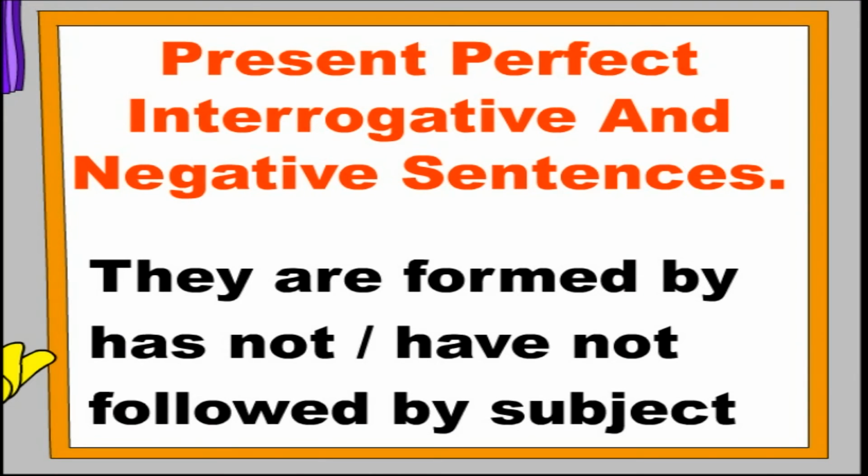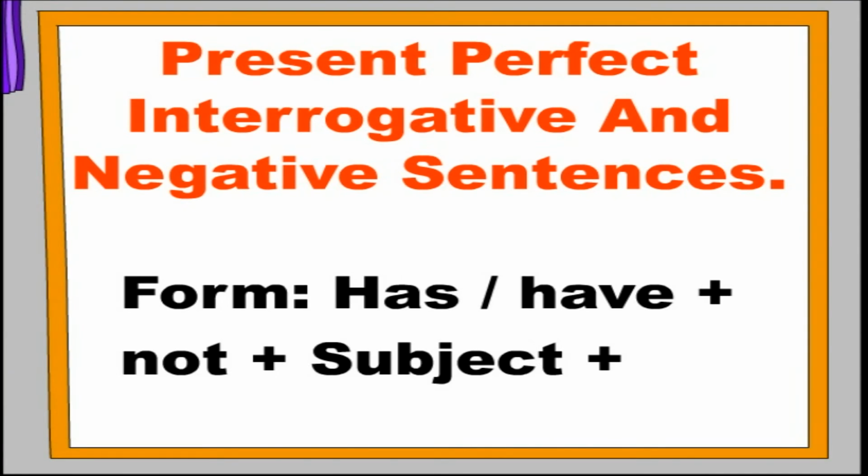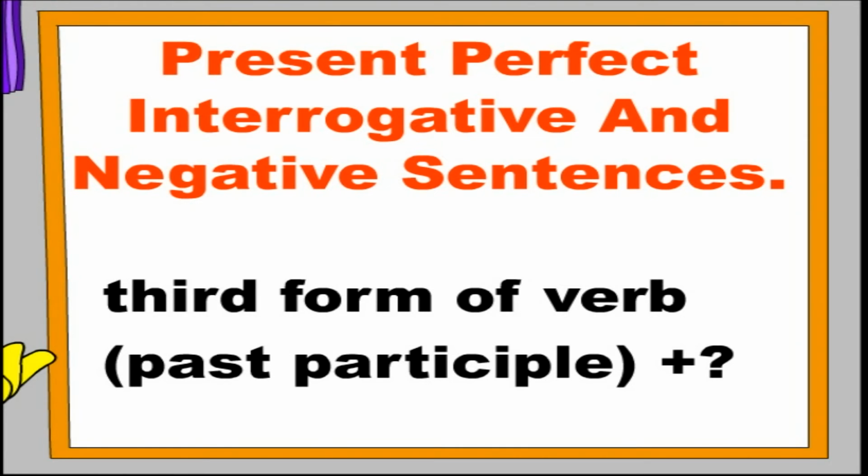Present perfect interrogative and negative sentences. They are formed by has not, have not, followed by subject and third form of verb, past participle. Form: has, have, plus not, plus subject, plus third form of the verb, past participle. Examples: